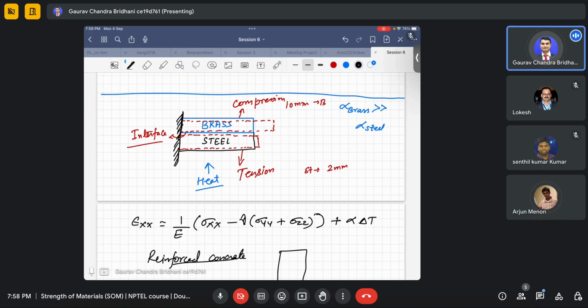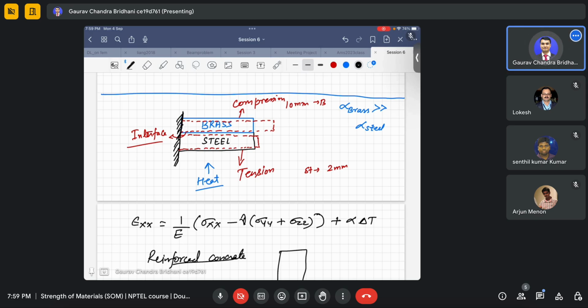Sure, it comes back. It depends on how the material properties are, and how the material manufacturing process has been adopted. The coefficient of linear thermal expansion is for both ways, for positive change as well as negative change. But obviously there are certain limits. If you see the temperature versus stress diagram for steel, and you go to lower temperature, you will observe that steel becomes brittle after maybe around minus 100 degrees Celsius or minus 150 degrees Celsius. I'm not sure of the exact value of that temperature, but it essentially